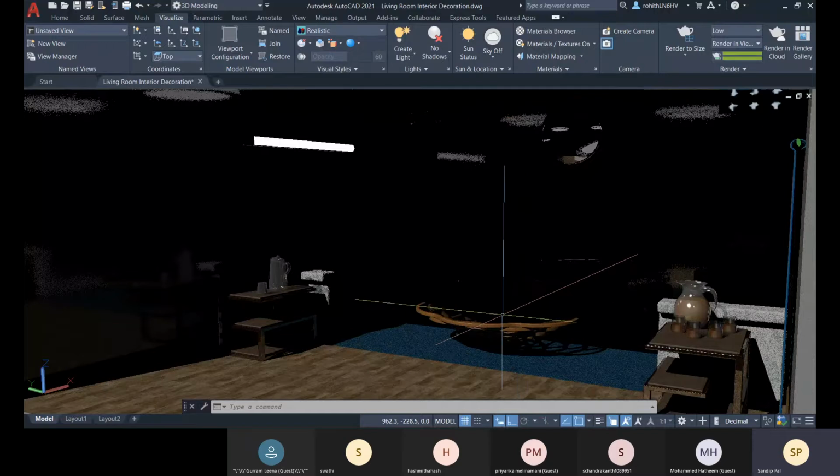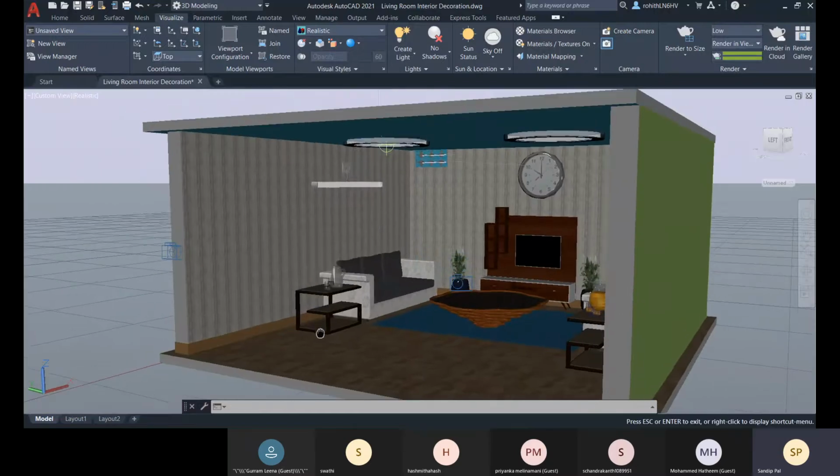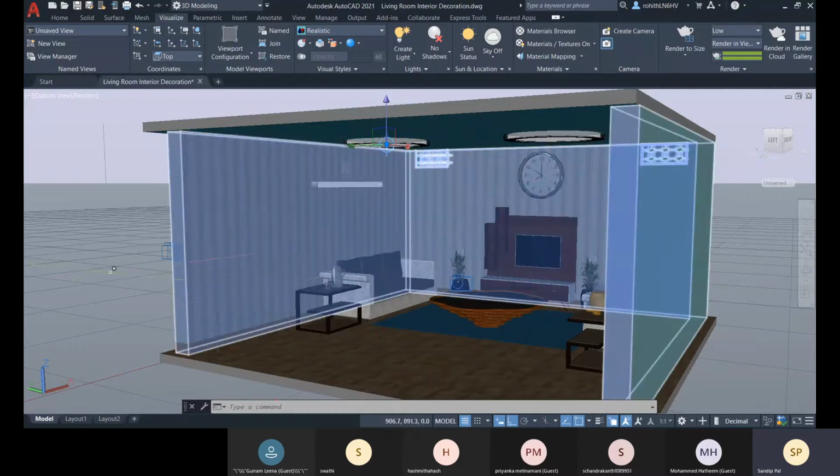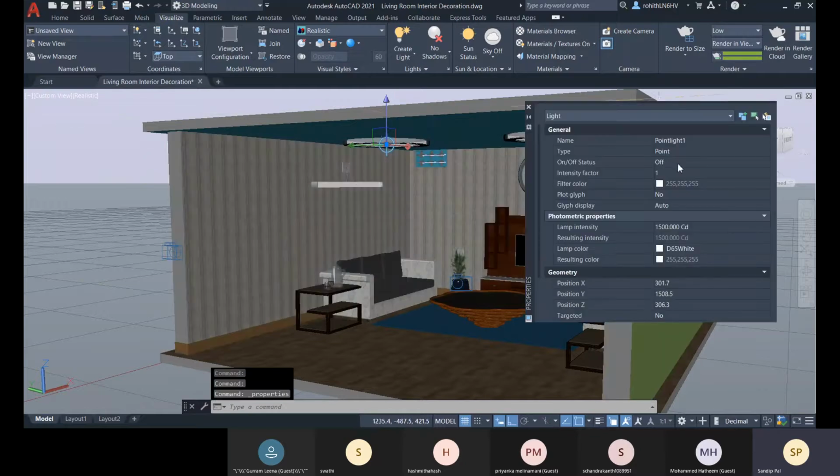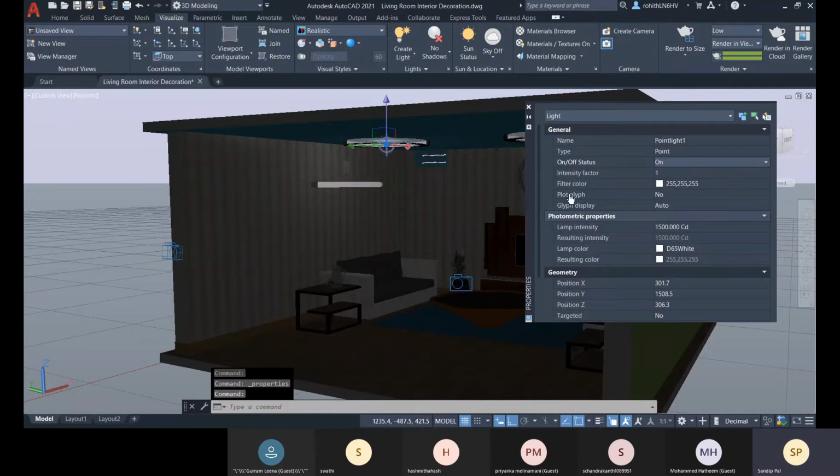So let me turn on this artificial light, sorry, not natural light, go with Control 1 and turn this on now.